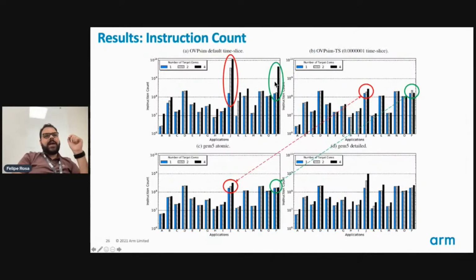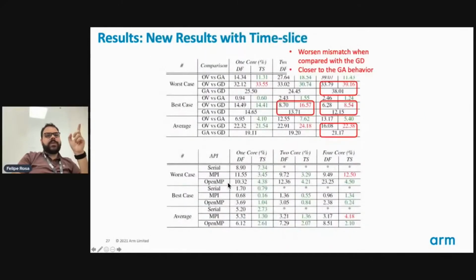So here you can see I changed the time slice from the default to 10 times or 100 times smaller, and you see that the behavior is almost identical to the Gem5 atomic, which is our point. We don't want to mimic the detailed model because we don't have all this precision, but we want to mimic the atomic version. And you can see it's way closer than it was before. Here we had a lot of mismatch, and now it's way closer to the reality of the Gem5 atomic. So we reran the applications and got way better